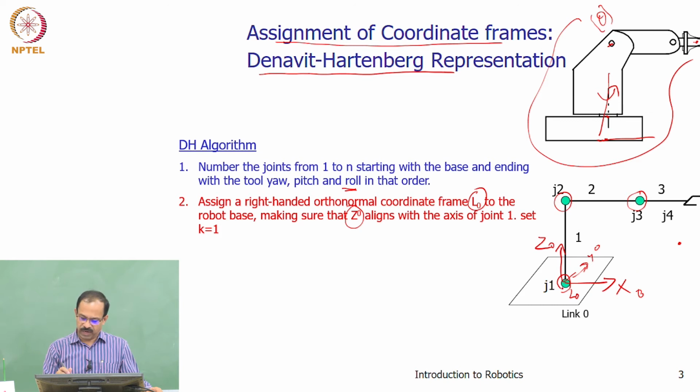Then the x-axis I can take in this direction or this direction, any direction. For my convenience, I take it towards the positive direction of the robot, just for convenience, so that I will get a positive value for the position. But you can decide x0 whatever way you like, preferably taking it in the positive direction. So, this will become x0 and then you get y0. So you know z, and x can be decided based on your convenience, then you get the y-axis.